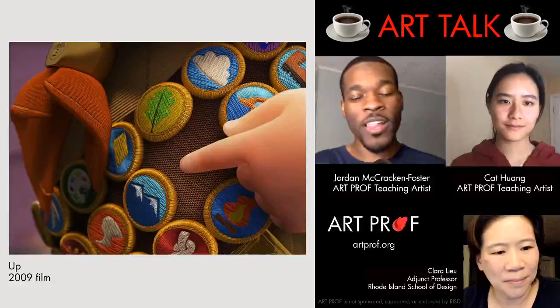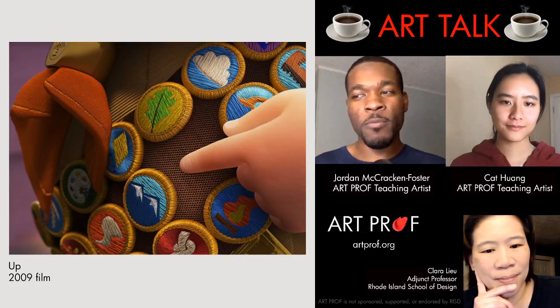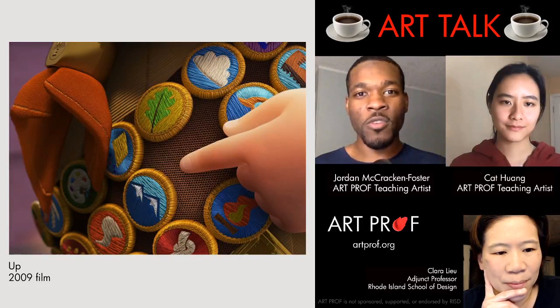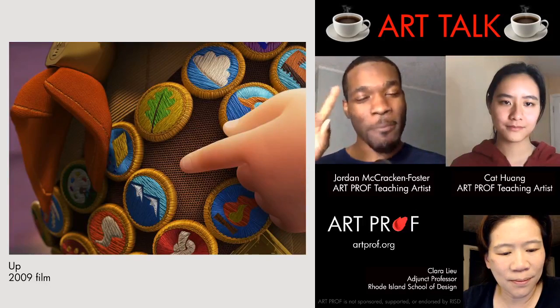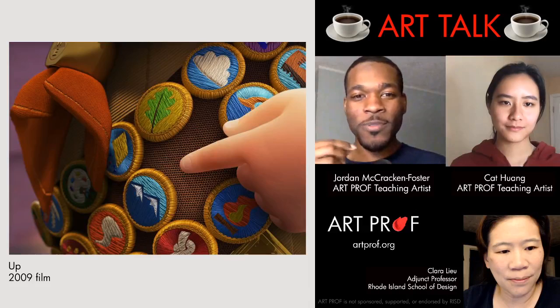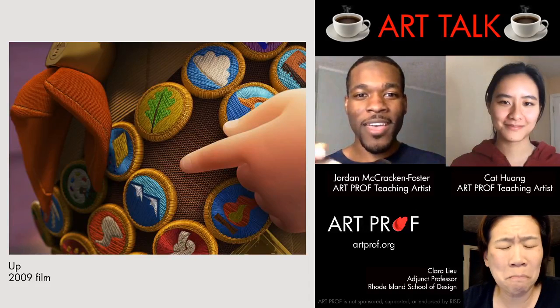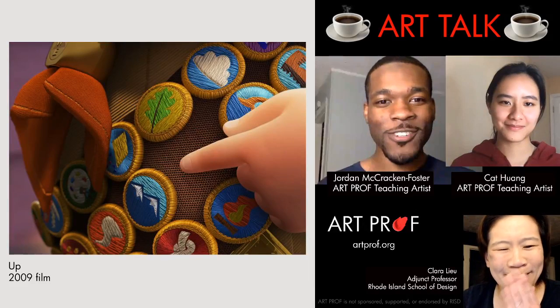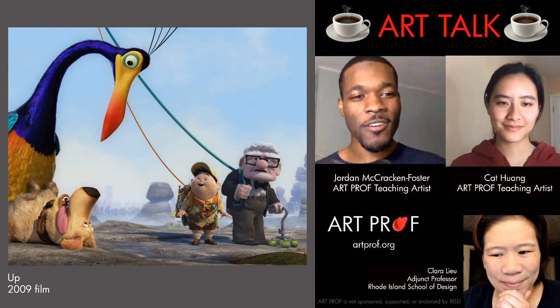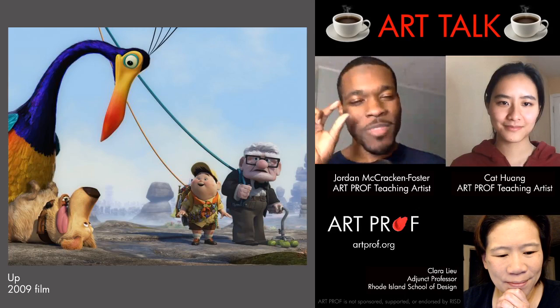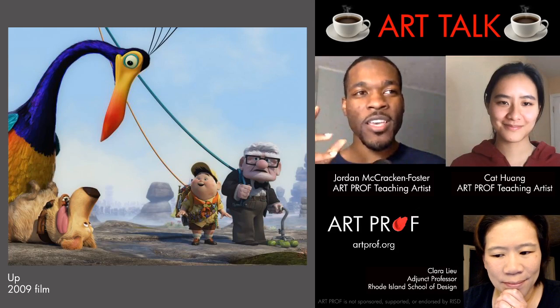We actually talked about this in one of my classes not too long ago. The badge that he's missing is placed over his heart. And at the end of the movie, when he actually gets the badge, it's the grape soda bottle cap that Ellie gave Carl Fredrickson, and that represents his heart. This is love, and so that whole connection, just something so simple about where to place the badge, is just so beautiful.